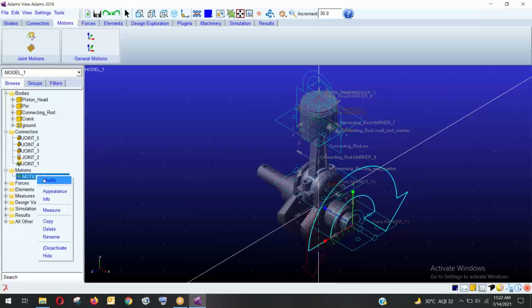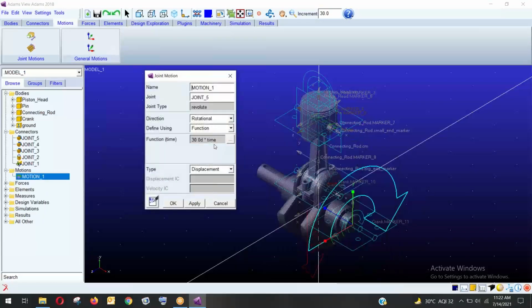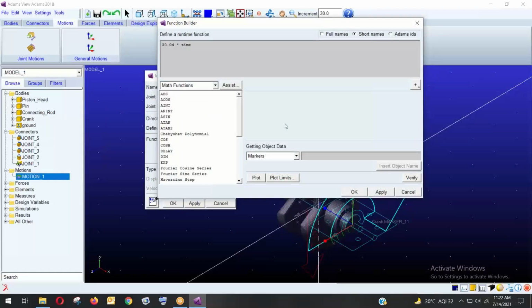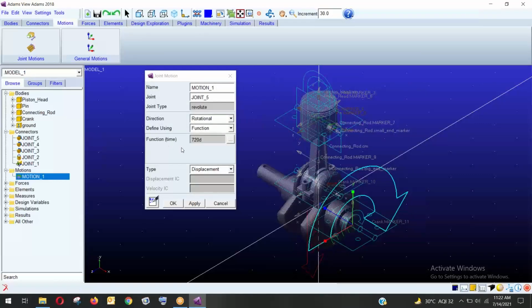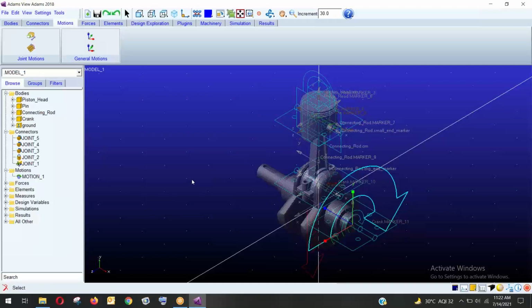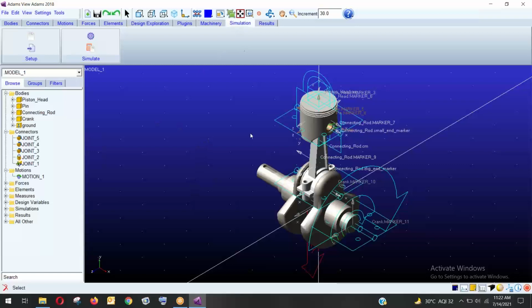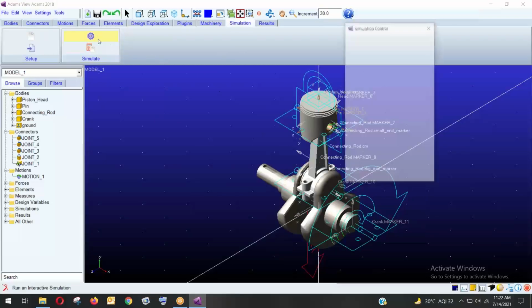So I'll go to modify, I'll go to the function. What I'll choose, I will do it 720 degrees. Okay, and the type is not displacement, I will choose velocity. Choose OK. So if I simulate this, let's see how it's running